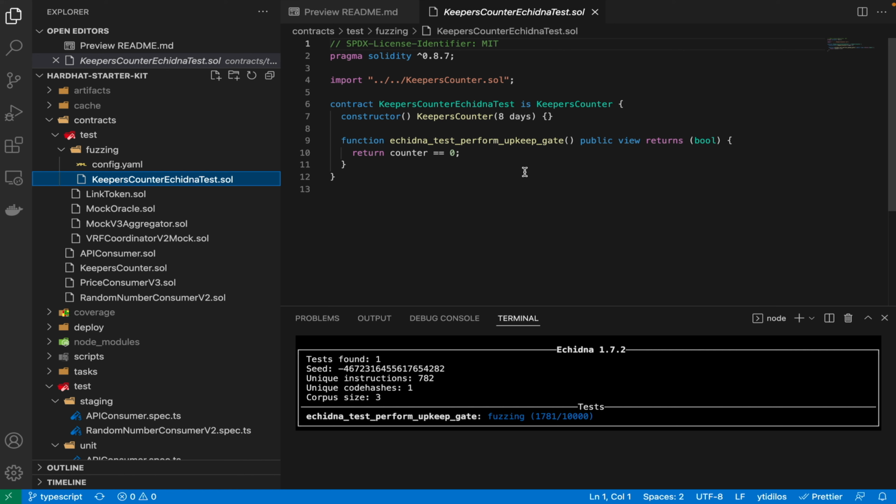Because the keeper counter example in our Hardhat Starter Kit is set to have a time interval of 7 days, what we wanted here is to test this perform upkeep to never be called, whatever the inputs or